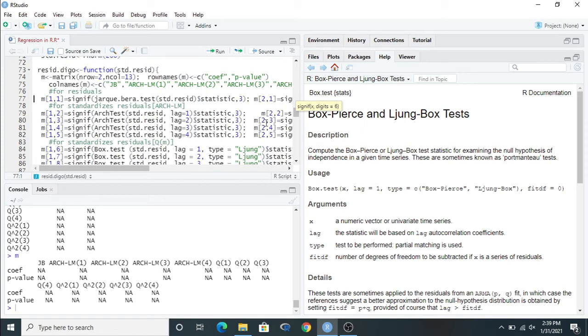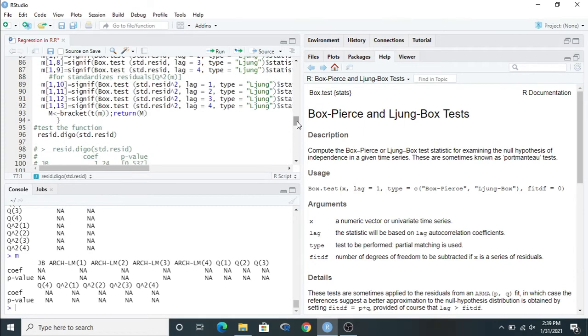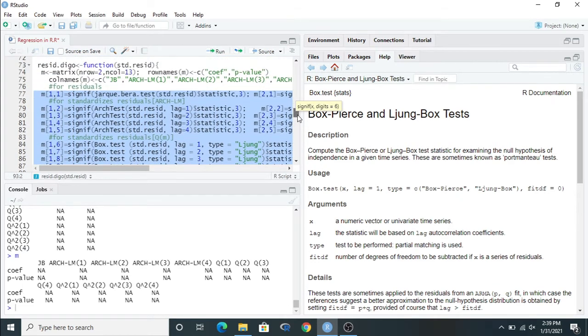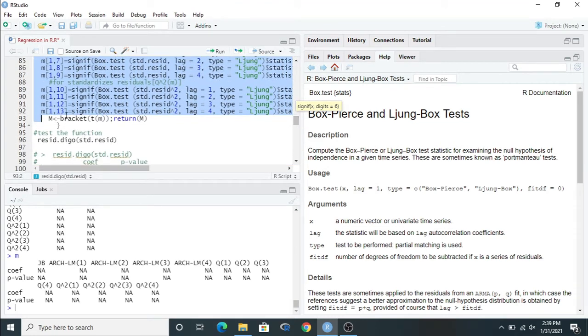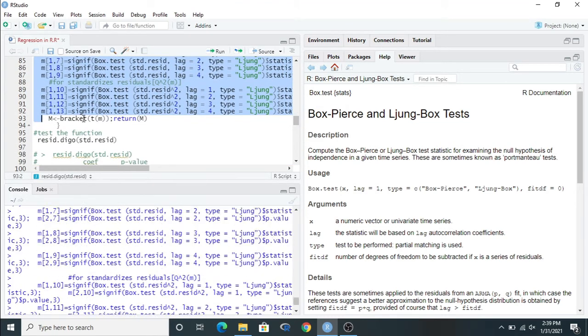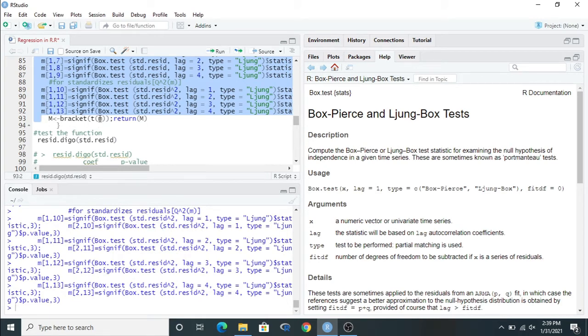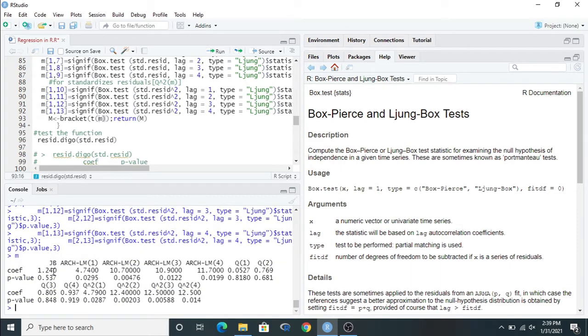After assigning the values of the matrix to their respective places, we have to run this just from here to here. Remember one thing, I have run from first row, first column to first row, last column. Control enter, and we can see how M looks. Right now M shows 2 rows and a number of columns, but we can use the bracket function if there are 2 columns. So you have to transpose this matrix. Here I have transposed the M matrix.